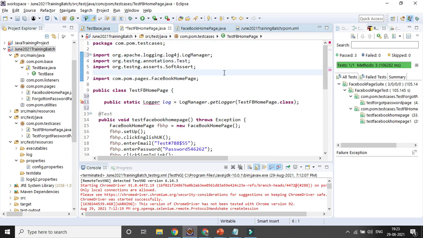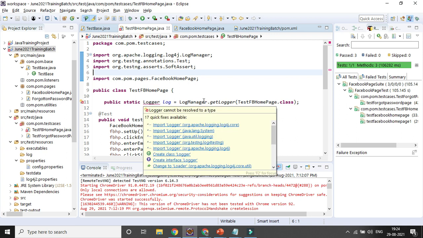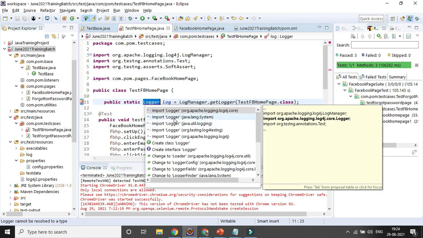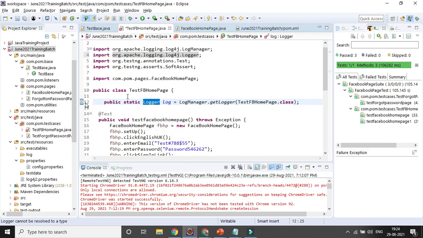Yeah, this is the class, right? I will be using it and defining some global variable, public static Logger log variable, and then let's try to see once more time. First let's try to implement the log. Okay, let's try to implement it. I think the error message is gone.